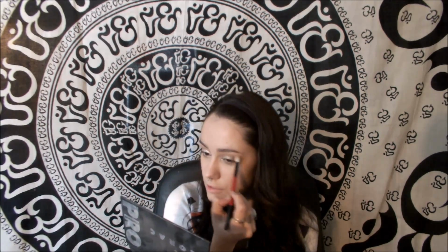Okay, and then I'm just going to use that other brush that I was using previously and just blend. Make sure there's no harsh lines at all. And then